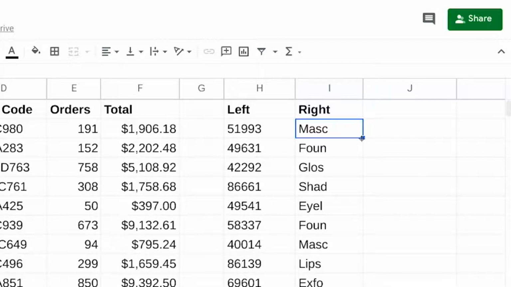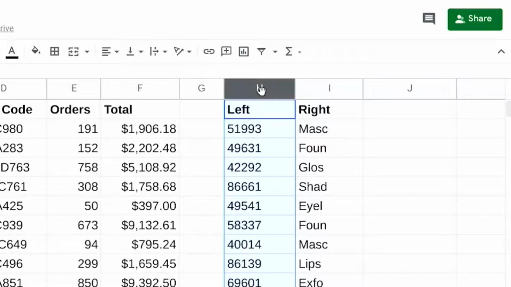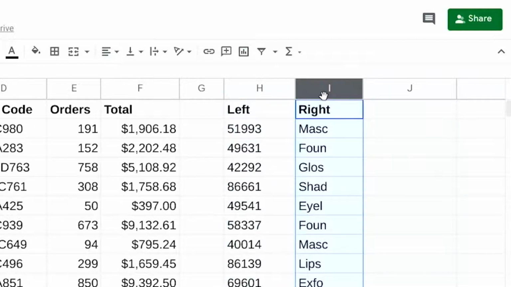Now we can analyze the products in our spreadsheet based on either substring, the 5-digit numeric code, or the 4-character text identifier. So hopefully that makes it clear how you can use left and right to extract substrings from the left and right sides of a string.